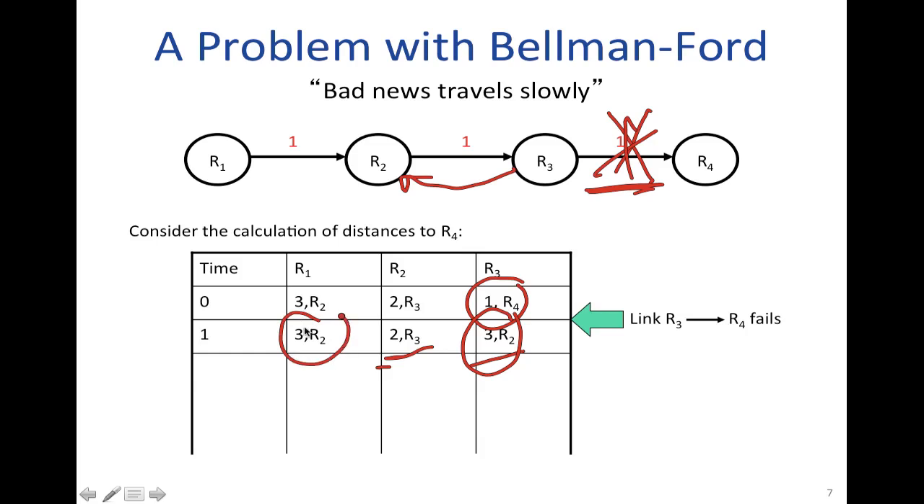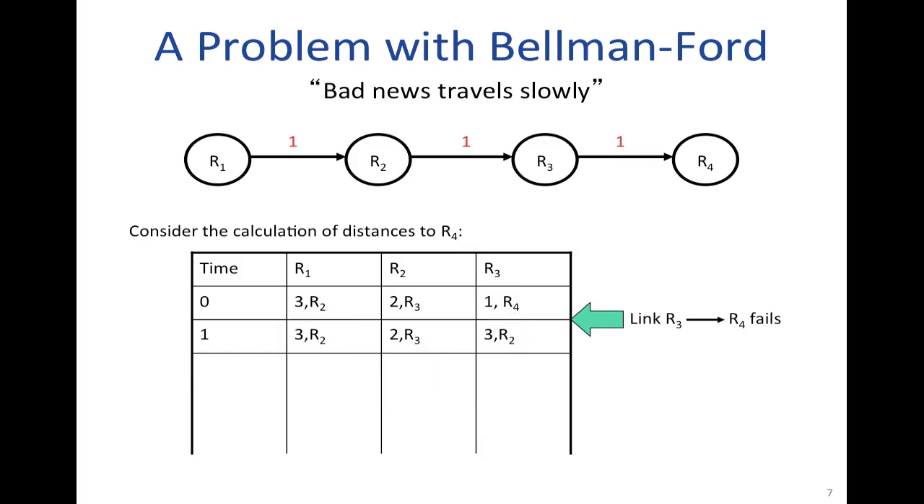R1 doesn't know anything about the failure yet. Let's see what happens in the next step. So the question is, will it eventually converge and settle down on the correct value? So in the next step, because R3 is now advertising its cost as being 3 if it goes via R2,